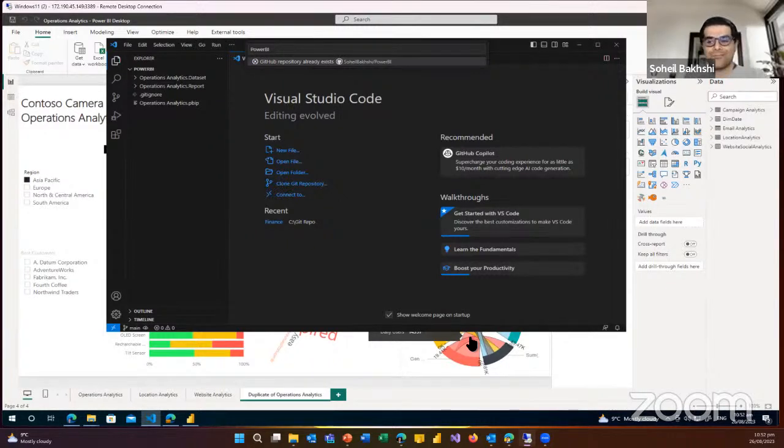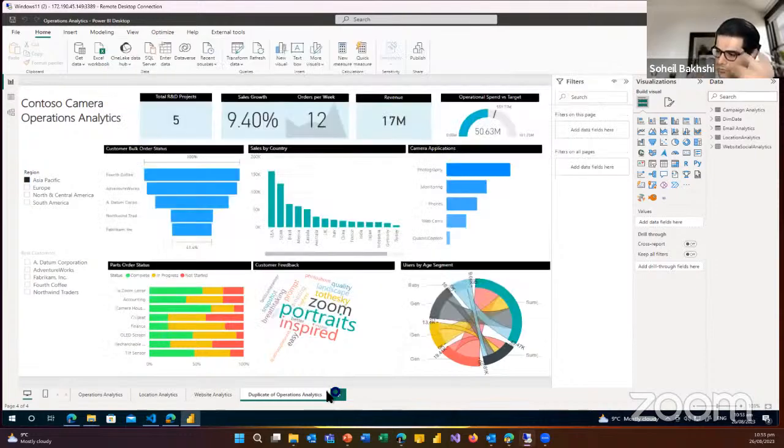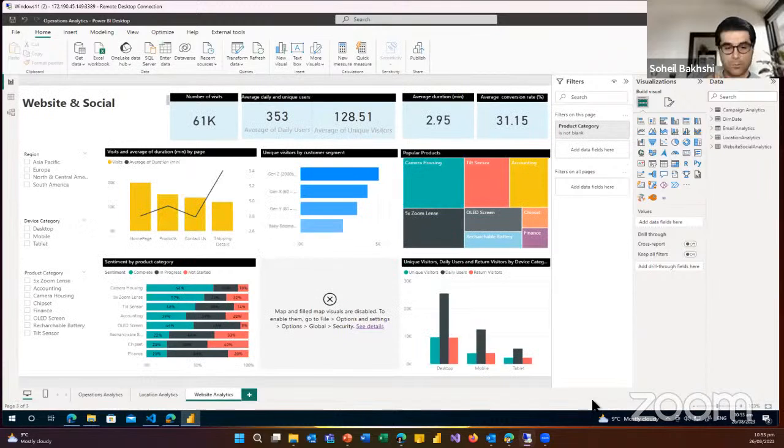If I do not have a mechanism to integrate my Fabric workspace with a Git repository, those changes are done in Fabric. And the next time I make some other changes, let's say I just remove this page, I remove this report page in my desktop